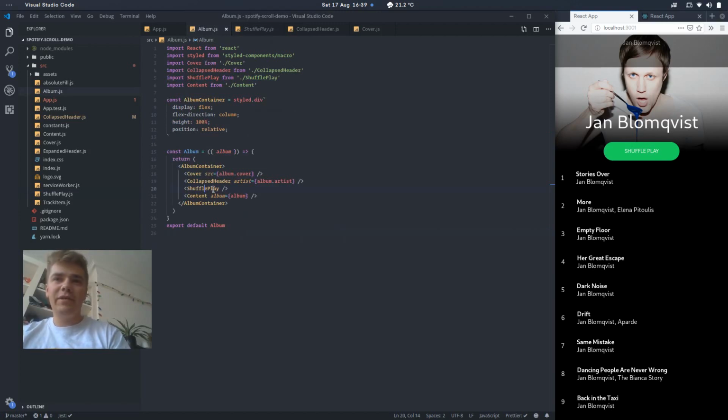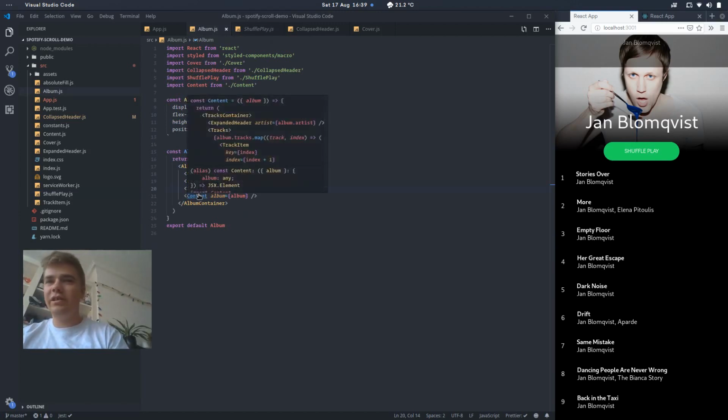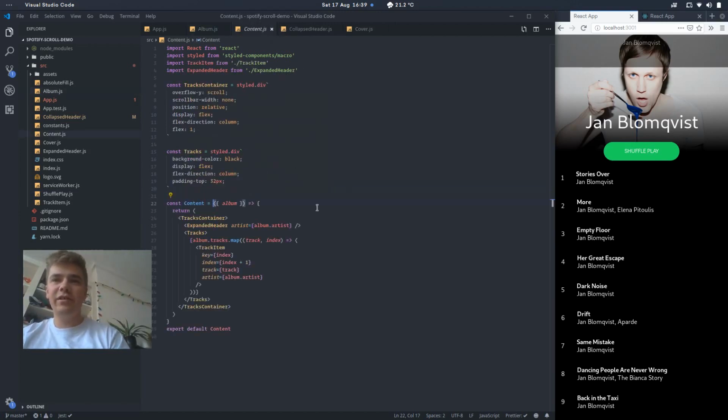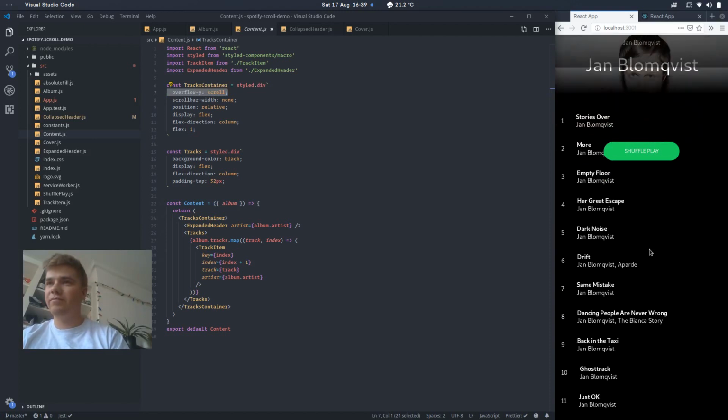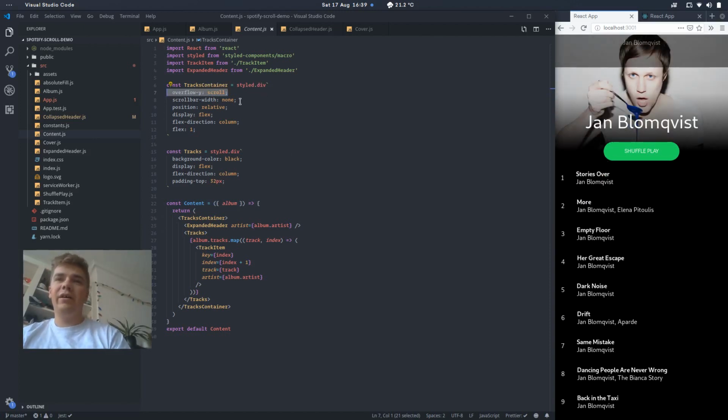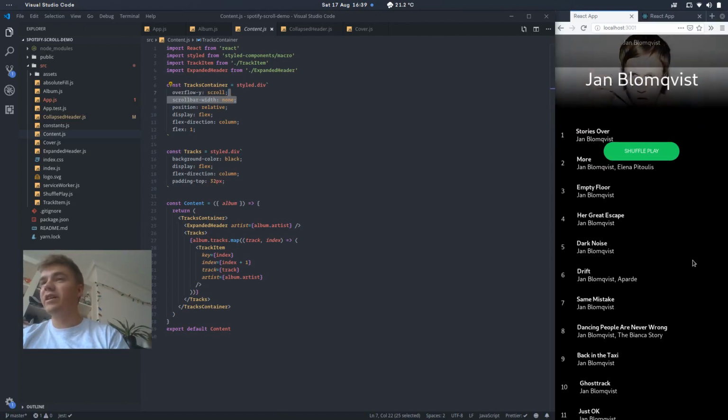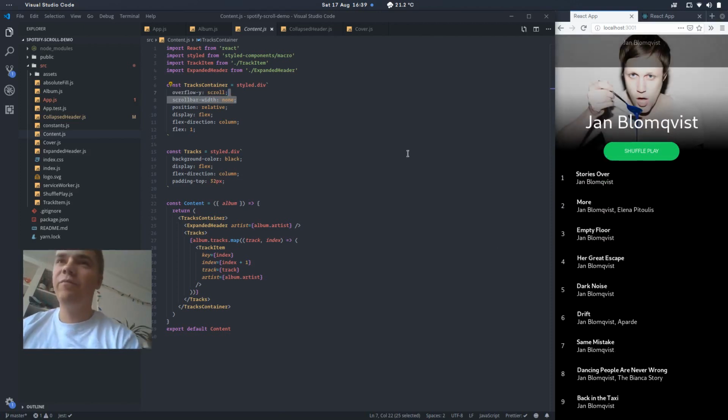And the most interesting of these children is the content. This is the only one that allows an overflow, which gives us our scrolling. We're hiding the scroll bar just for consistency with Firefox, which doesn't do the overlay scroll bars. And this is filling the remaining flexbox area that we've got,